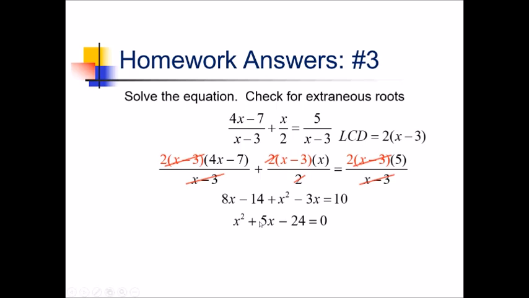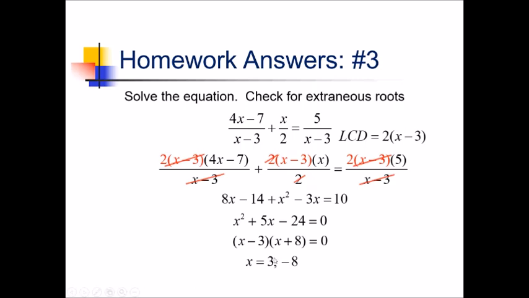I believe there are. If we have negative 3 and positive 8, that would do the job. So (x − 3)(x + 8) = 0. Which means if I go through and zero out each of these, we've got x equals positive 3 and negative 8. Now I do need to go back and double check to make sure neither of these makes the original